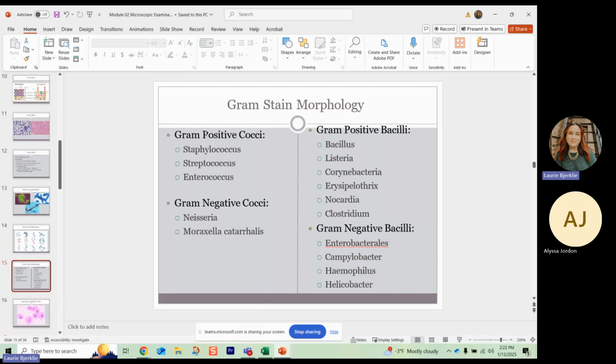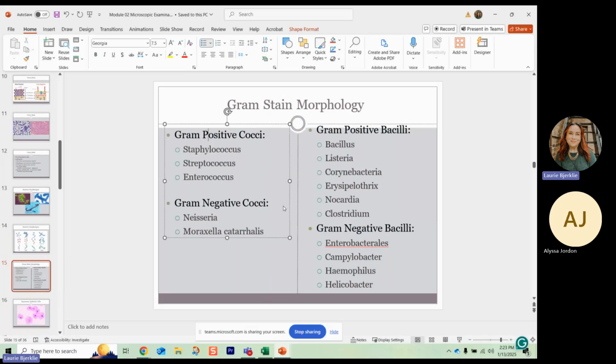When I say to you, if you just tell me gram positive, I'm going to say cocci or bacilli because here's my main gram positive cocci, but here's a lot of my main gram positive bacilli. You can see these are very different organisms, and I'm going to be thinking of them differently when I look for it. So again, the gram stain is all to help you start figuring out